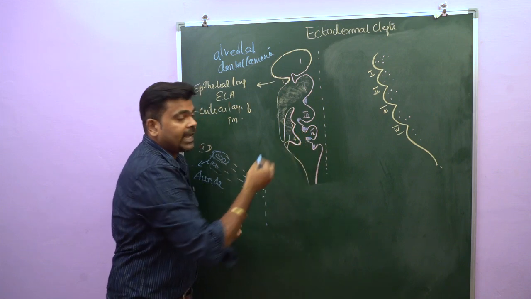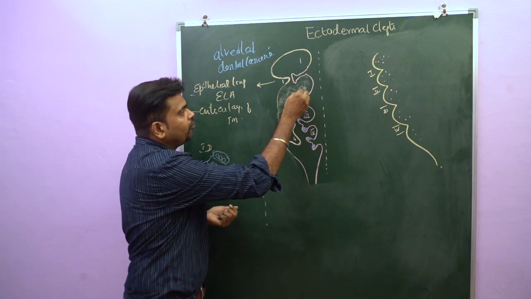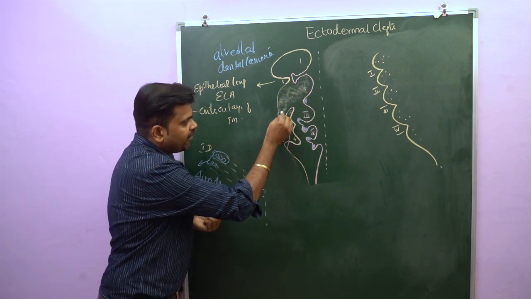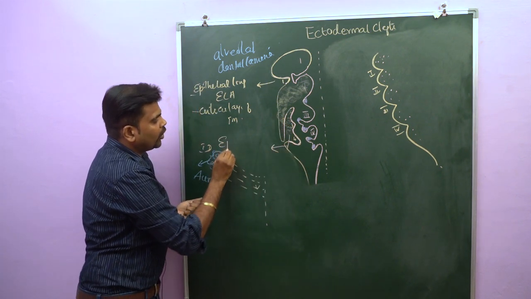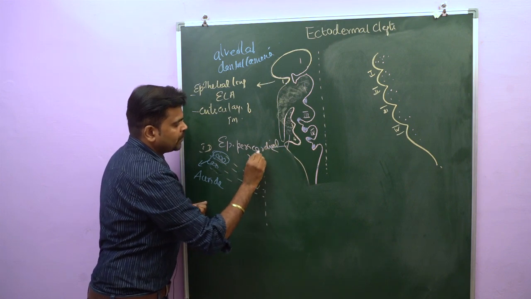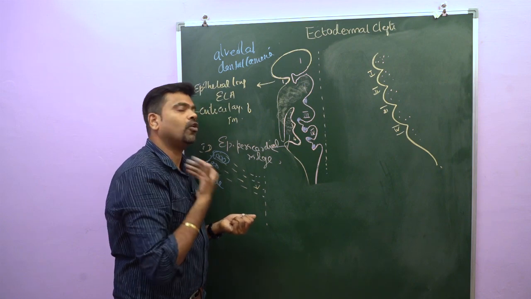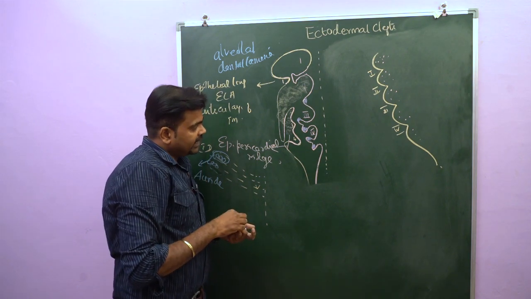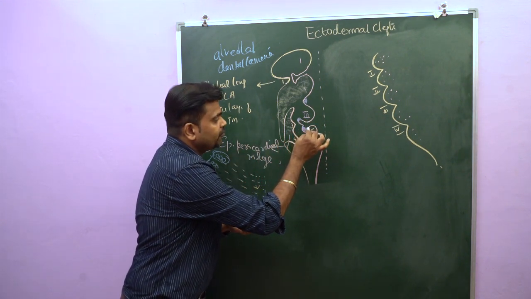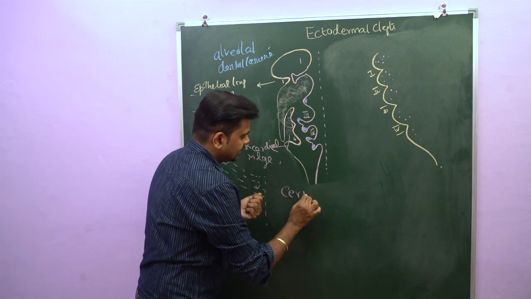And then what happened? The second, third and fourth ectodermal clefts undergo obliteration and are covered by the overgrowing second arch mesoderm. This second arch mesoderm overgrows and finally fuses with the epipericardial ridge. Once it fuses with the epipericardial ridge, this is responsible for smoothing of the side of the neck. So we can see a gap between the overhanging second arch mesoderm and the third, fourth and sixth pharyngeal arches. This gap is called the cervical sinus.